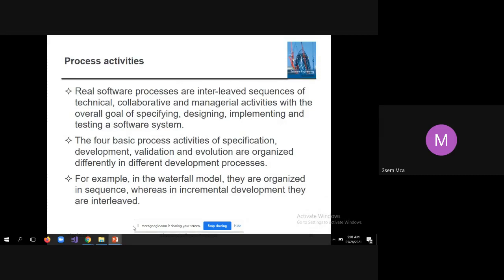It includes aspects which need collaboration. Why does it require collaboration? Say for example, whenever you develop any project, you have to follow certain standards. And many times, organizations will be collaborating with other companies.